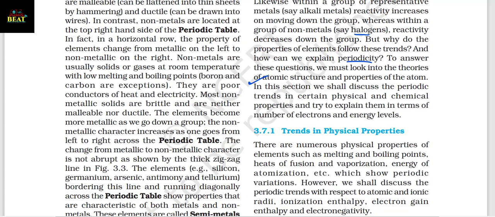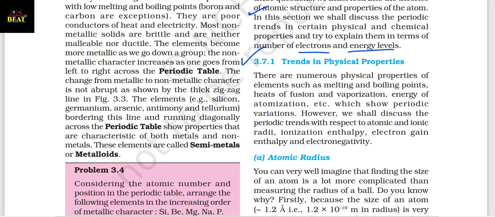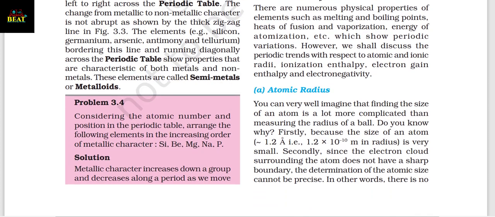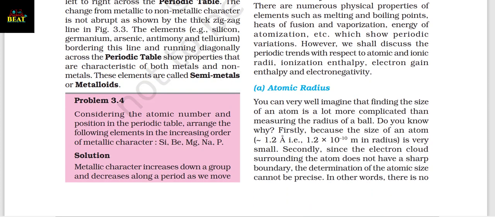In this section, we shall discuss the periodic trends in certain physical and chemical properties and try to explain them in terms of number of electrons and energy levels. 3.7.1 Trends in Physical Properties. There are numerous physical properties of elements such as melting points, boiling points, heat of fusion, vaporization, energy of atomization, etc., which show periodic variation. However, we shall discuss the periodic trends with respect to atomic and ionic radii, ionization enthalpy, electron gain enthalpy, and